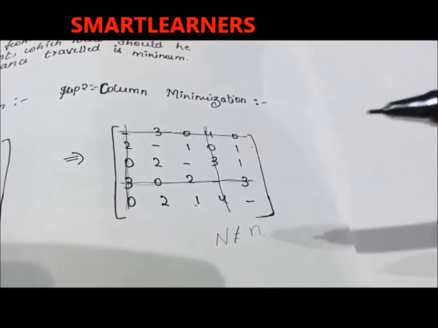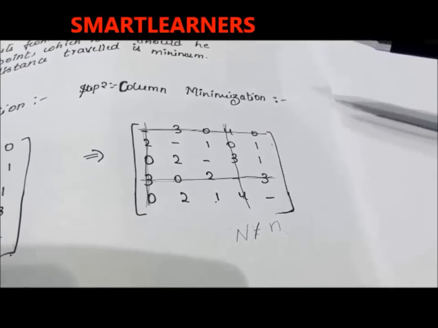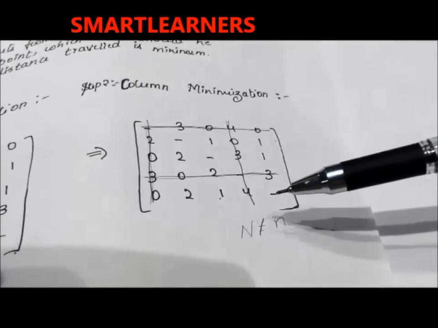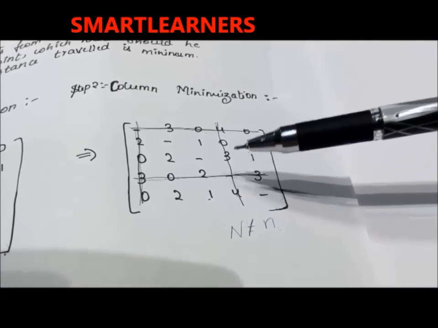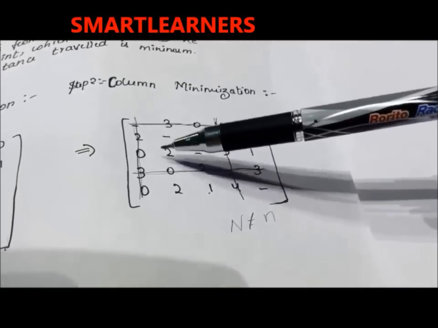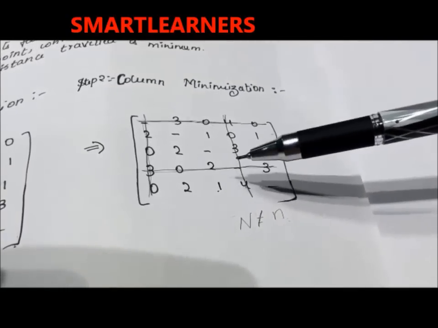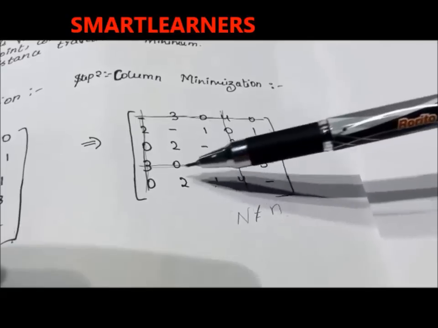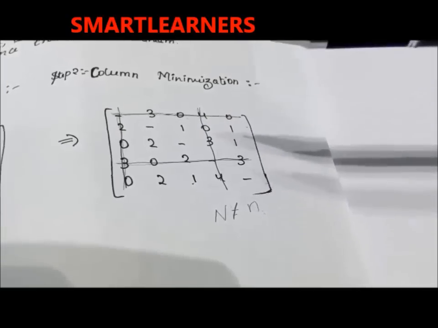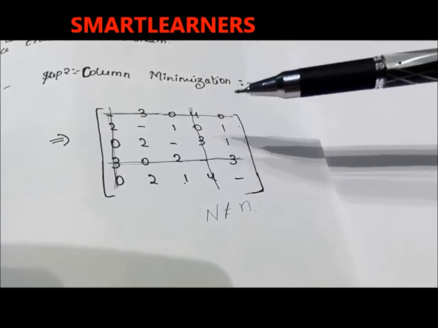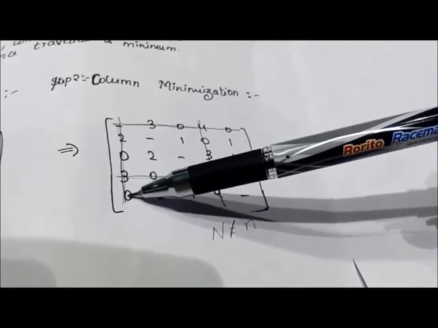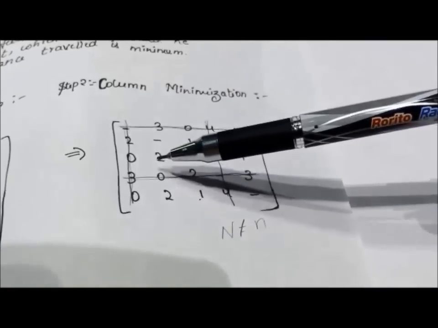When we have to do modification, we have to keep 2-3 things in mind. First of all, the elements covered by lines should not be changed. They have to be retained as they are in the next matrix, except where the intersection is happening. There are a few places where intersections are happening, such as here, here and here. Here further modification should happen, which I'll tell you in a few seconds. So we are going to retain the elements covered by the line as they are.